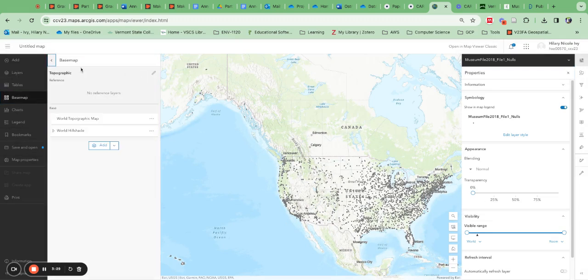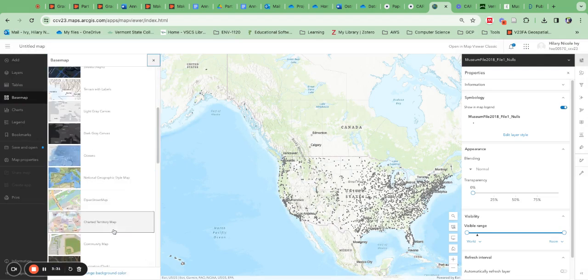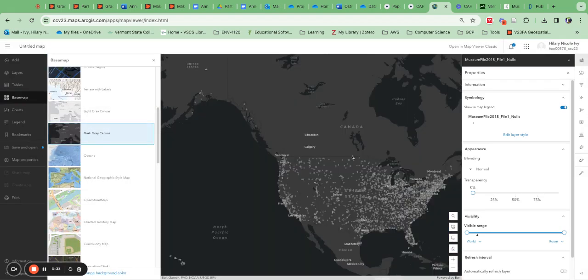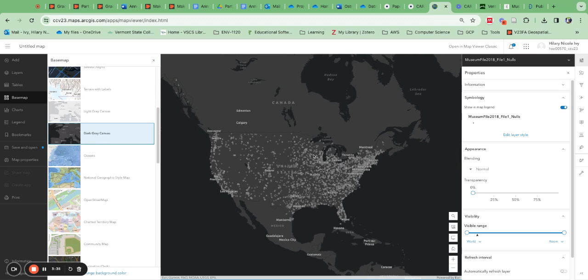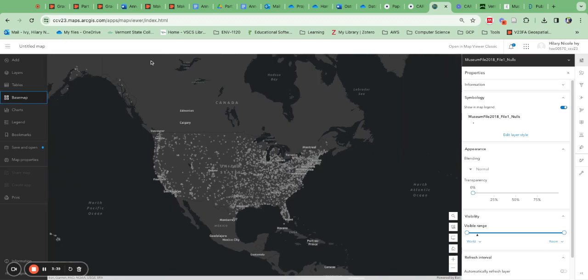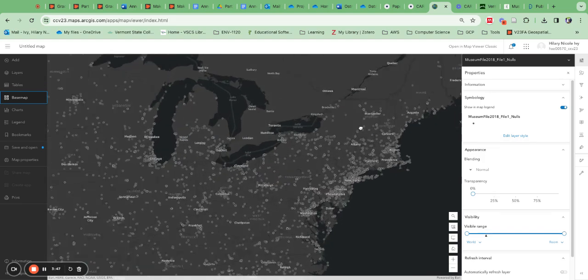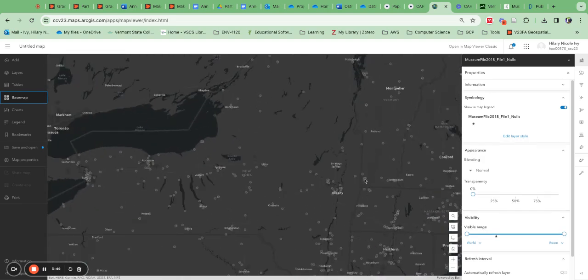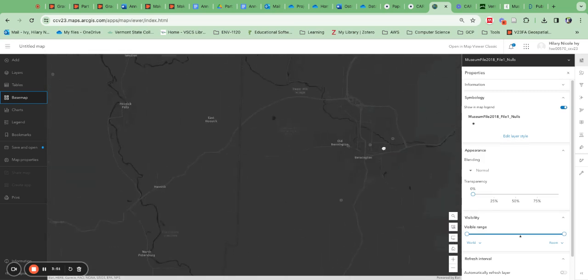So the first thing I'm going to do is change my base map, because for stuff like this, I really just like dark canvases. You can do light if you like, it's totally a design choice up to you, but this is just for purposes of what I'm looking for here. Okay, so we now have all these individual points on the map. So these are effectively all the libraries that,